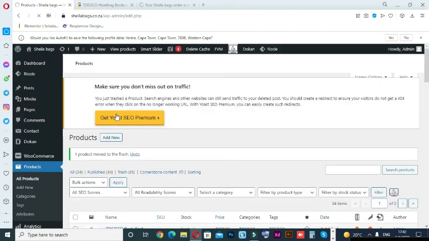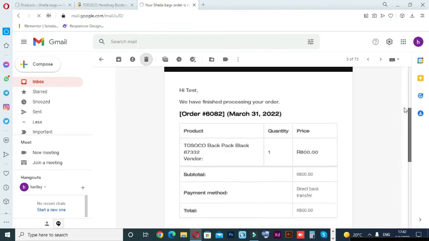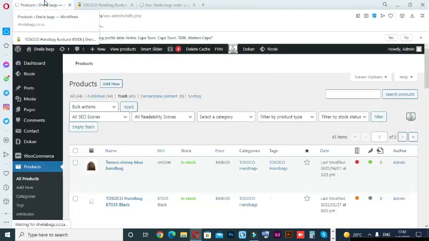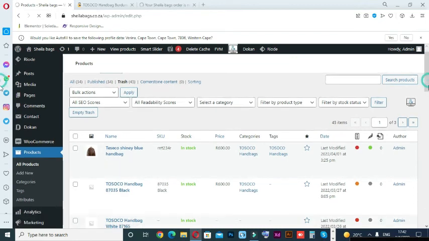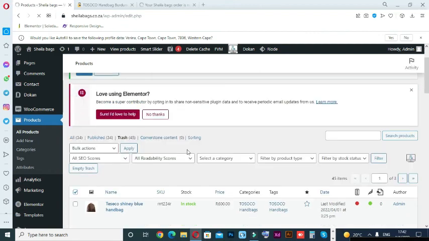We are done. I come to trash, because everything in trash is no longer needed. This one was the one which we did for when we ticked order completed, then it automatically did send an email that your order is complete. So it was testing that our system is working properly. Okay, there we go. Yes, this is our trash now. So what I'm gonna do, I'm gonna empty everything in trash. Come here,